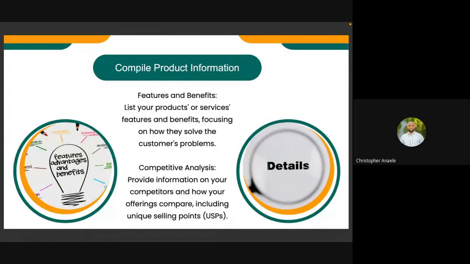So you want to compile your product information. What are the features? What are the benefits? You want to list your products and services, features and benefits, focusing on how they solve the customer's problem, right? You want to do a competitive analysis with some of your closest competitors, and list it there and say, this is where we are strong, this is where they are stronger, so that when a sales rep is in front of a prospect and the prospect says, how are you different from this particular other provider,